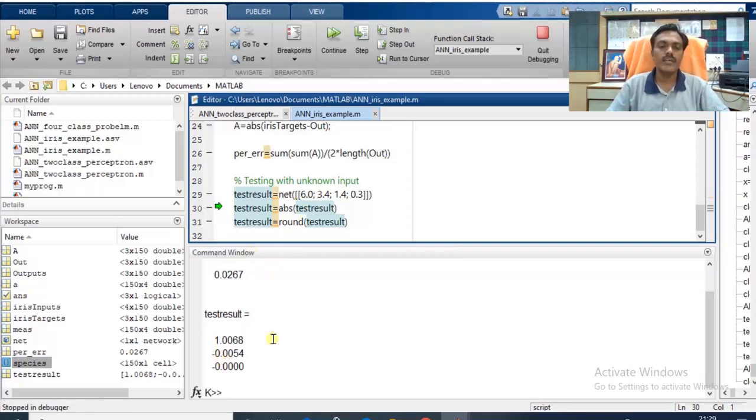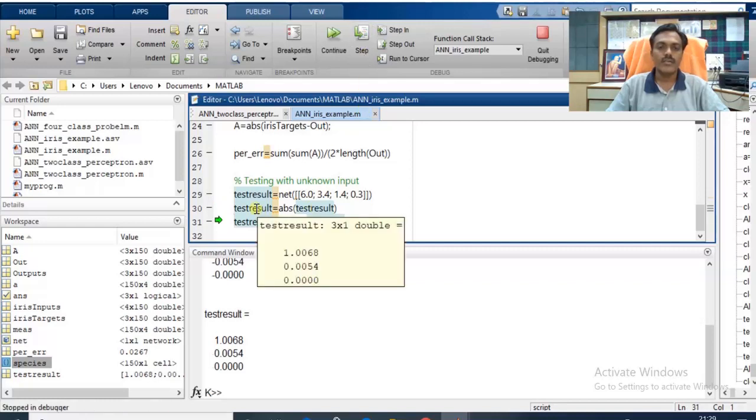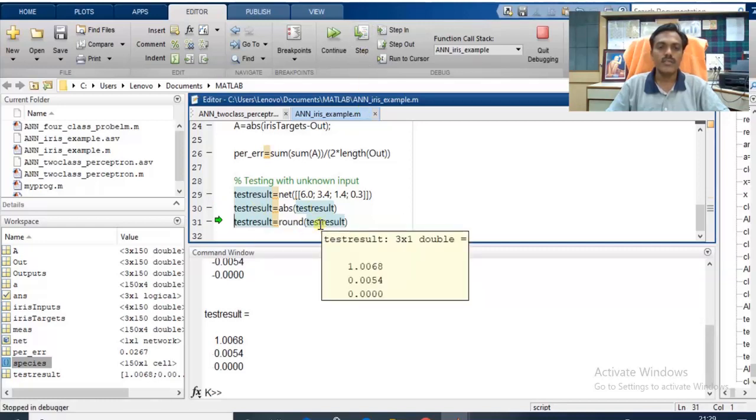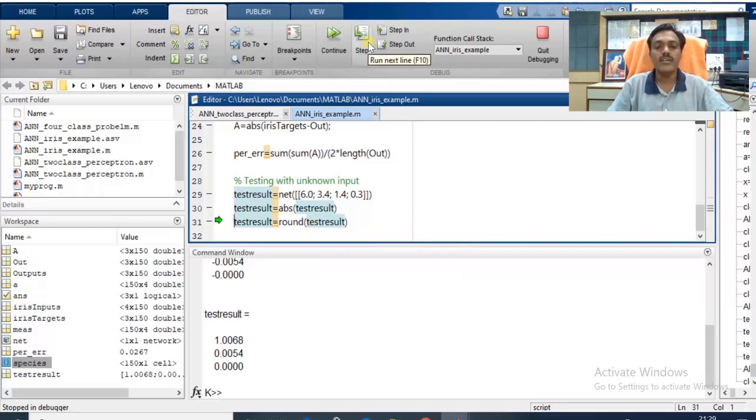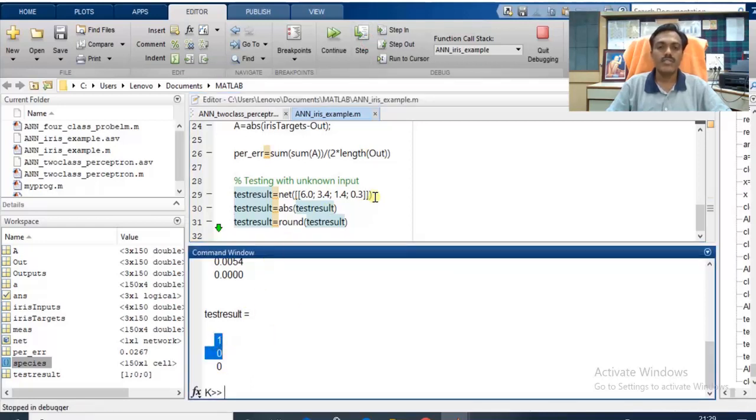To find the actual class of this data, we have to find the absolute values. Then provide these absolute values to the round function, because we want the output in ones and zeros. Now see here, the result is 100. It means that this unknown sample belongs to the first class of the data, that is Setosa.